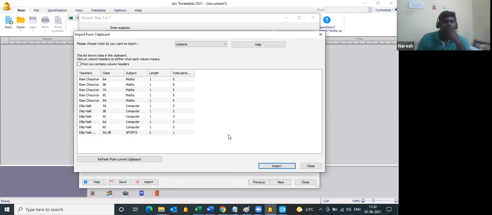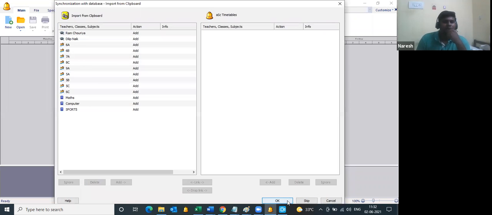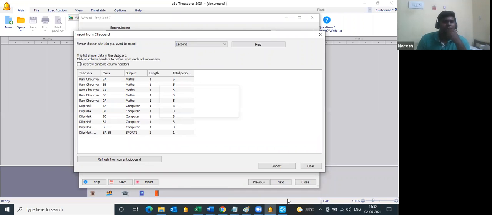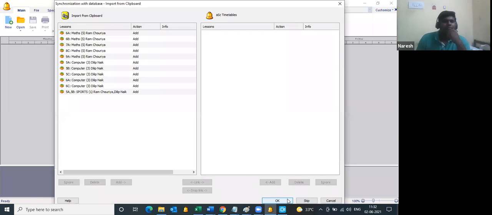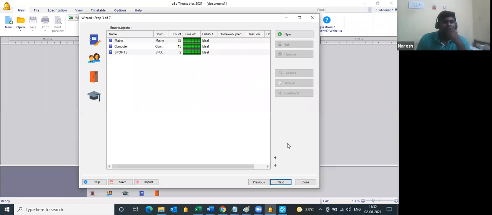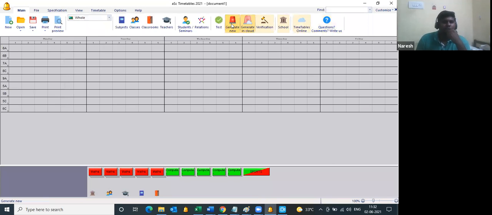Once this is done, click on import. You have to click twice. Okay, okay, again okay. The data will be imported immediately. Once this is done, you just close this page, and generate new.